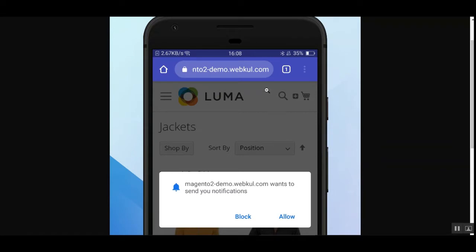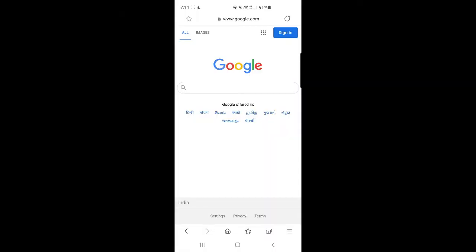So let's hop on to the front end on my Android mobile device, and let me show you how we can access the PWA, how we can make use of the same, and lastly we'll be taking you to the admin backend panel. So right now I'm at the Android device, as you can see, and I've opened one of the browsers on the mobile device.